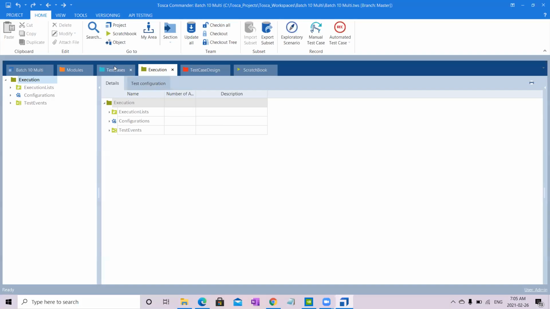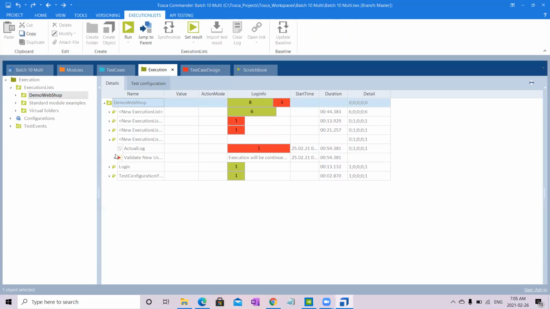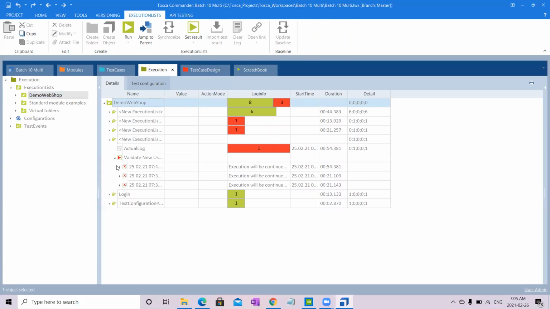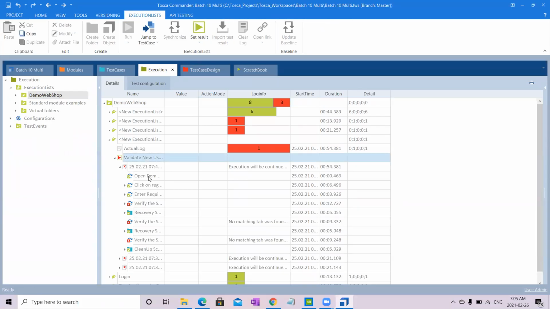And next, whatever we give in recovery will be executed whenever that particular test case fails. If you see yesterday, let me open. If you see this particular test case yesterday, see,